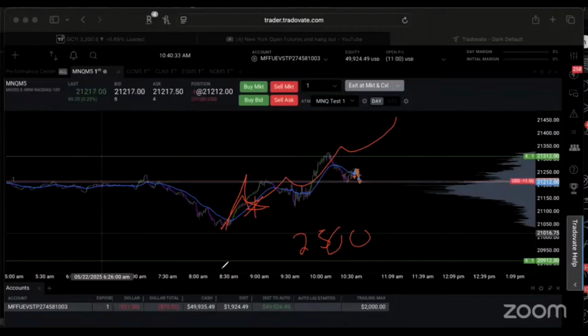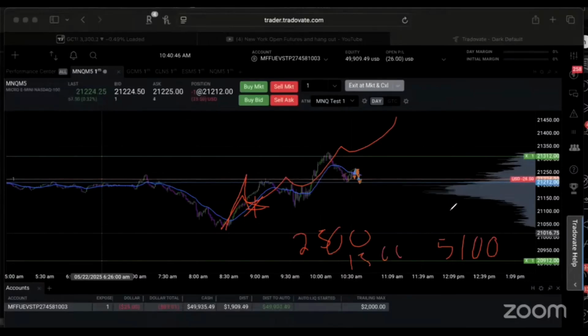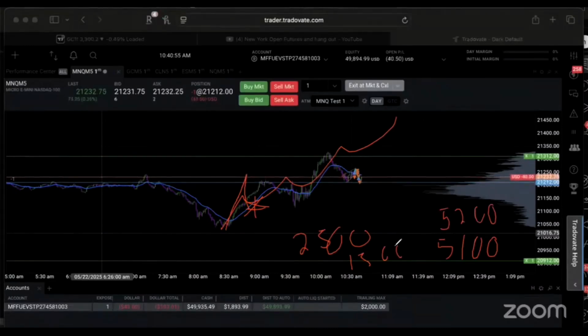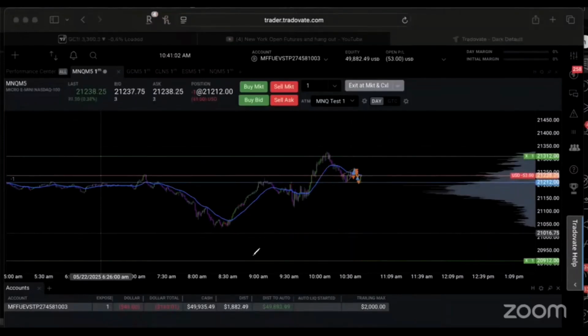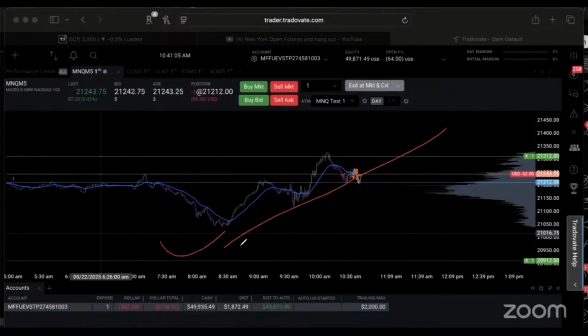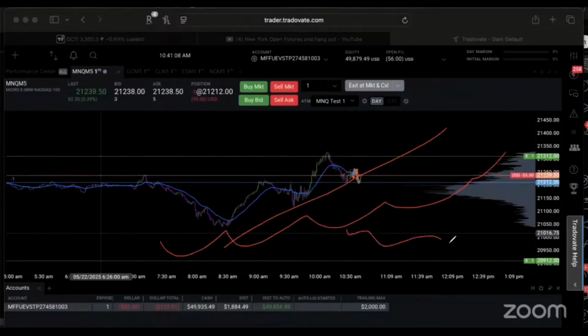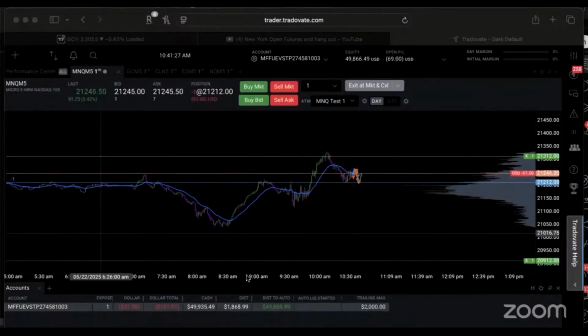This $2,500 is constantly moving. So once you get your high watermark, if your account was 5,100, for example, now you only have a total of 1,500 in drawdown. If your account got to 5,200 and then you let it pull back down, the amount that you can risk on that, what is that? I don't know what that math is, but you get the idea. It's constantly moving. It's moving with you as the chart is going up. As your P&L is going up or down, you don't have a flat $2,000 or a flat $2,500 to work with like you did on prop firms for Forex, if you've ever done that. I've never done those. So this is Tradovate. This is every single thing